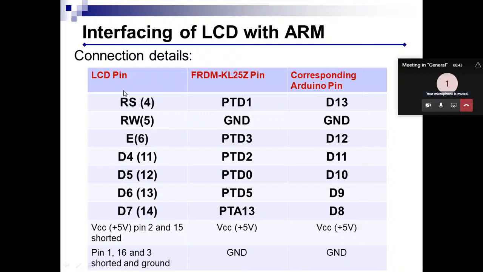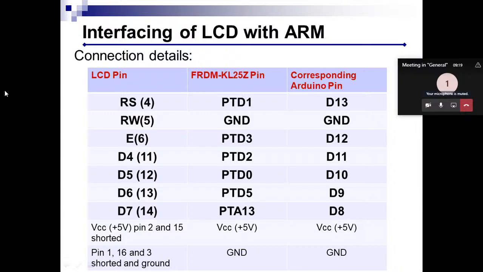So basically there are two registers in the microcontroller which is used to drive the LCD. The register select pin will select which register is used. One is the command register. If you want to give a command to the LCD, then RS should be equal to 0. And if you want to write some data into the LCD, then RS should be 1. So that is the function of the RS pin of the LCD.